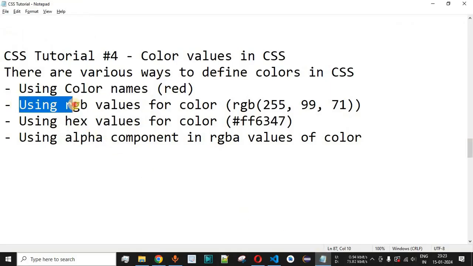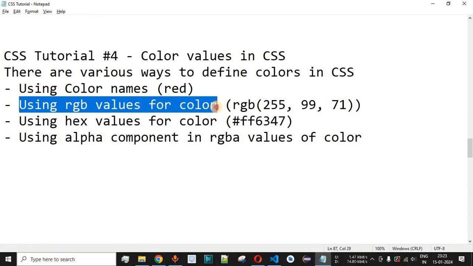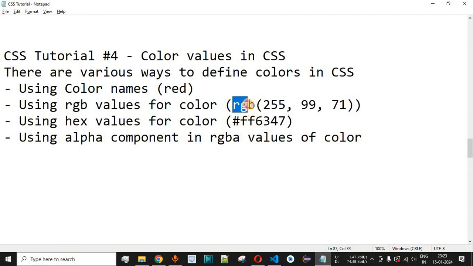Over here we can also use RGB values for color. We have to use the RGB function in this case, inside which we will have numbers. These numbers represent the red component, green component, and the blue component. Over here we have three numbers separated by commas, and the numbers can go from 0 up to 255.